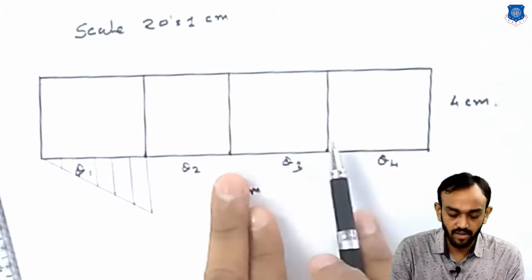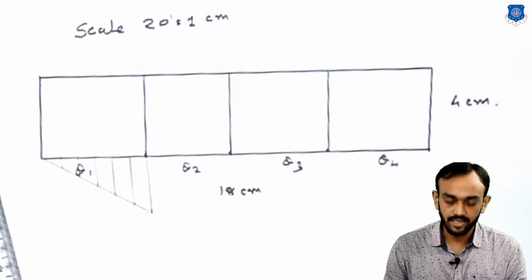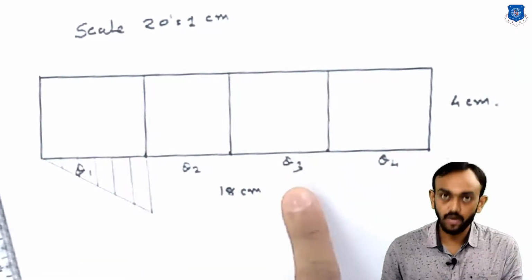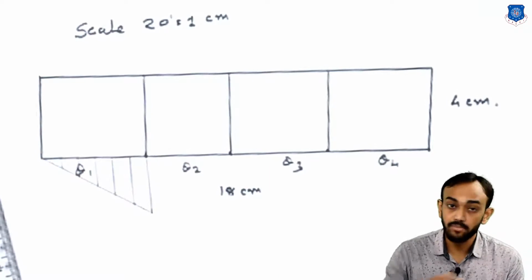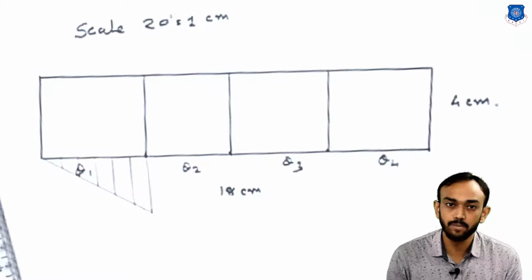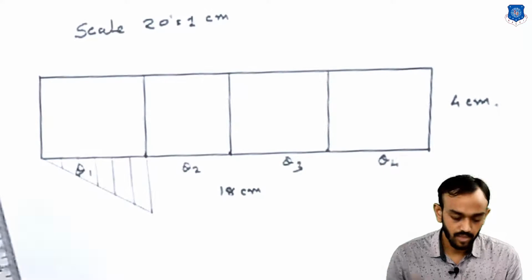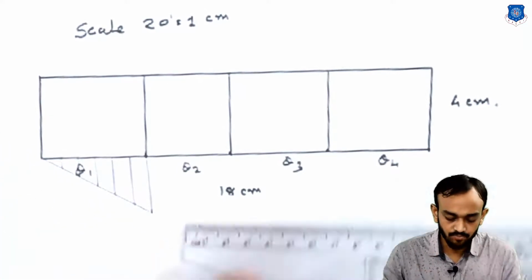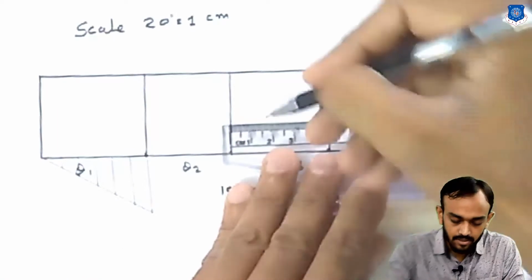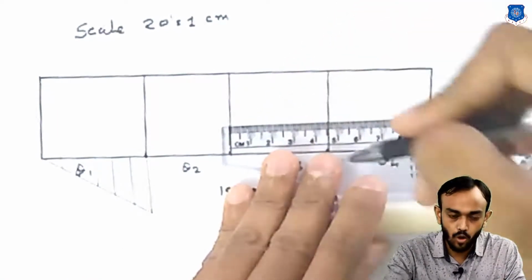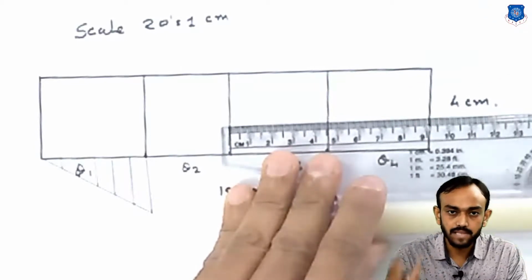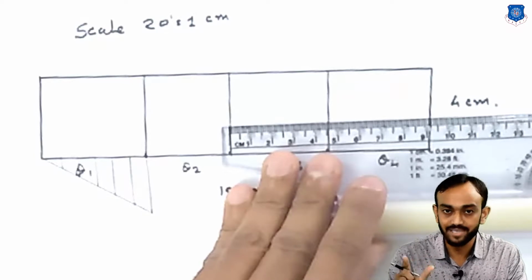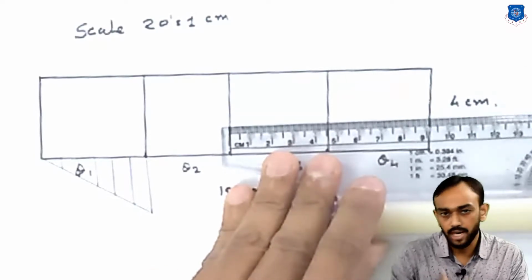Theta 3 is 45 mm. When you need to divide this return into 6 parts, you can use the same method here. The second method is to divide this 45 mm by 6, which gives 7.5, so each segment will be 7.5. But what is the problem in this method? When you start from here, 7.5, 7.5, there will always be some error in each portion. The last partition will become very large compared to the others, or it may be very small compared to the others.